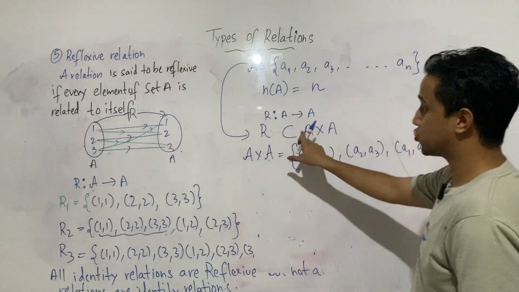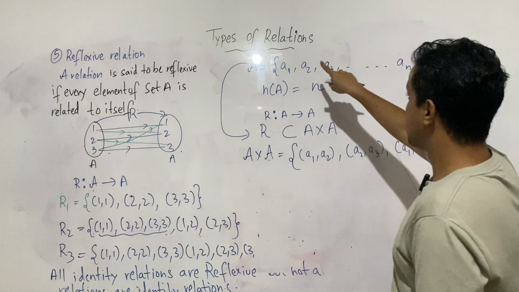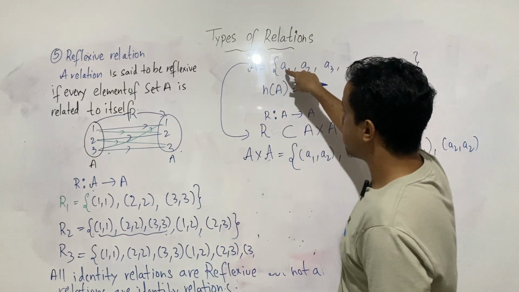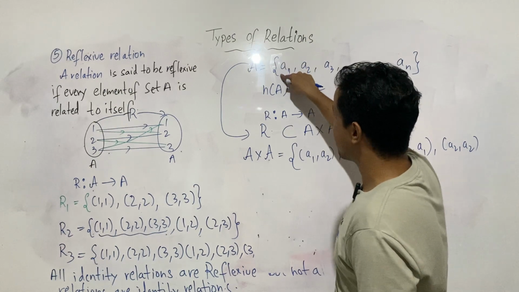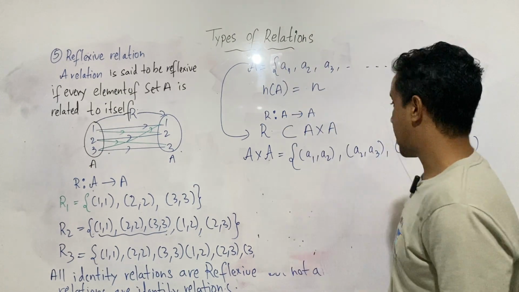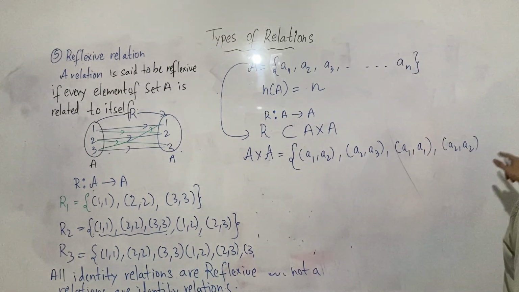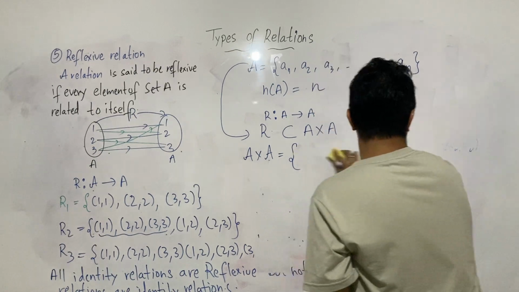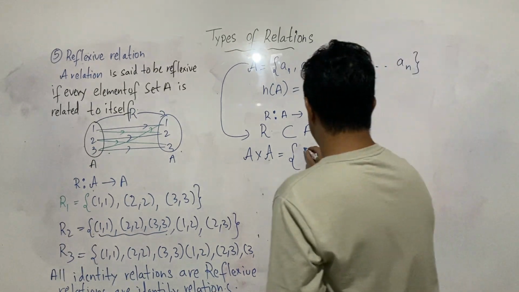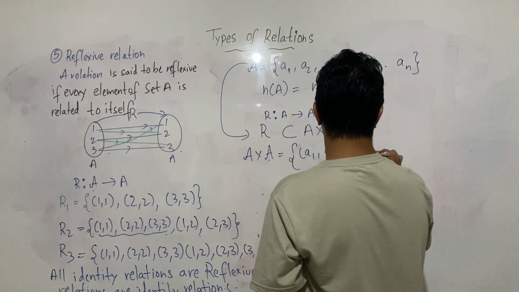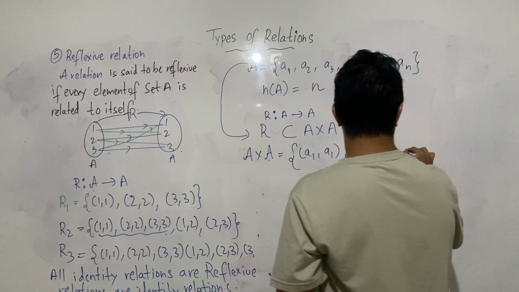Because we are just doing A cross A, so we have to make all the possible pairs of every element of this set with the same set. I can do one thing here, it will create some confusion otherwise: first I write A1, A1, then A2, A2, so on